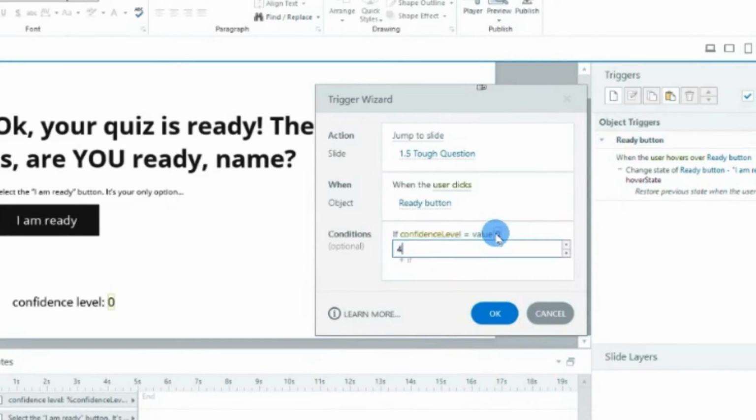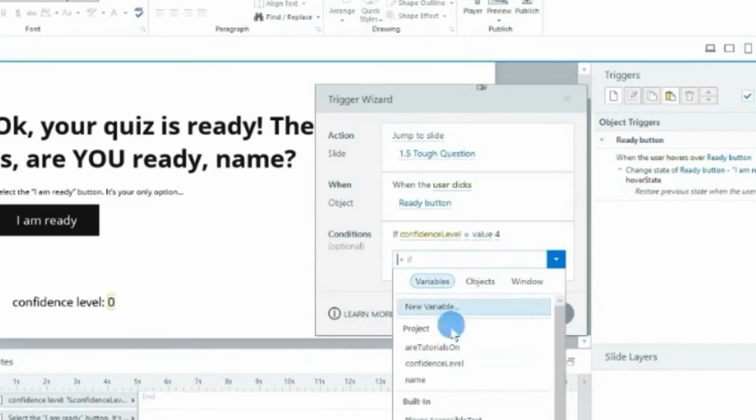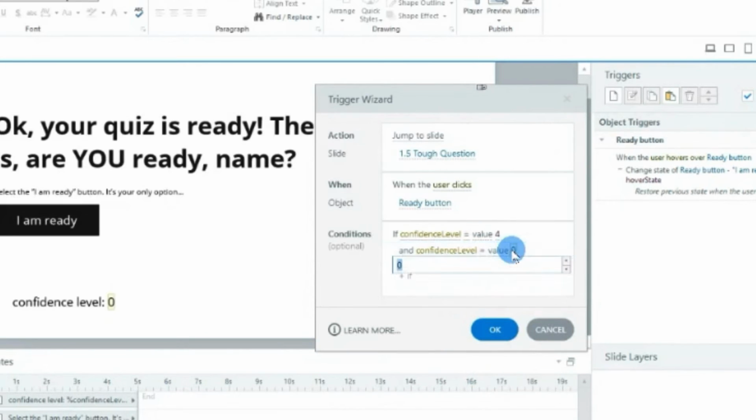You could do like if confidence level is equal to value 4 or level is equal to value 5. This wouldn't work because this is saying if it's equal to 4 and 5 simultaneously, and that will never be the case. It can only hold one value. So we could change that and to an or. So notice you can change that. Now it's like if this is true or if this is true, then it will execute that action when the